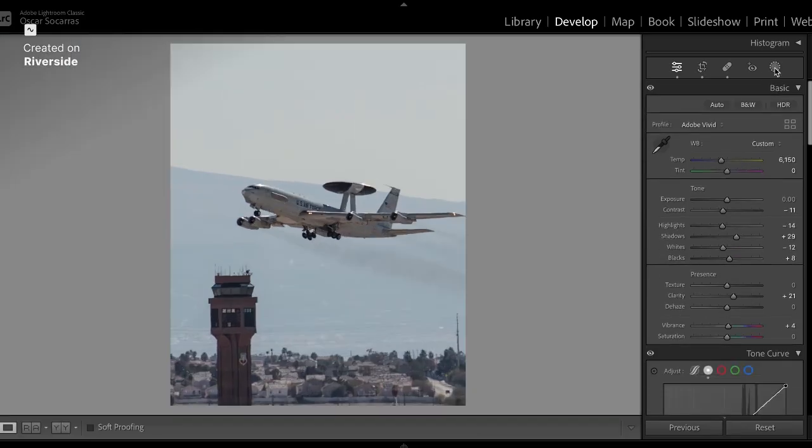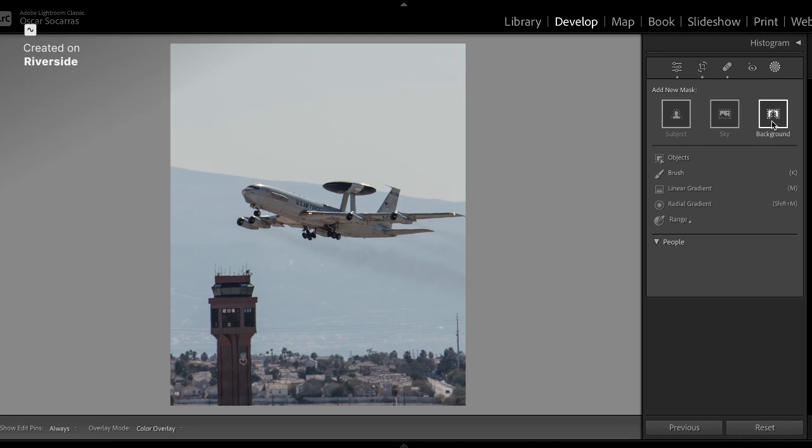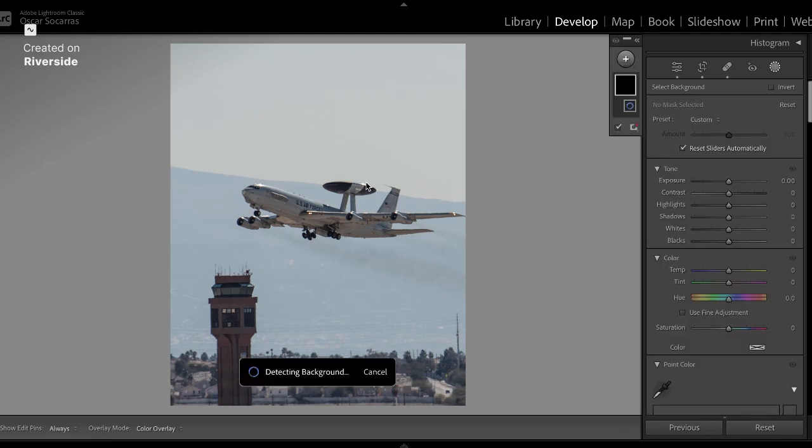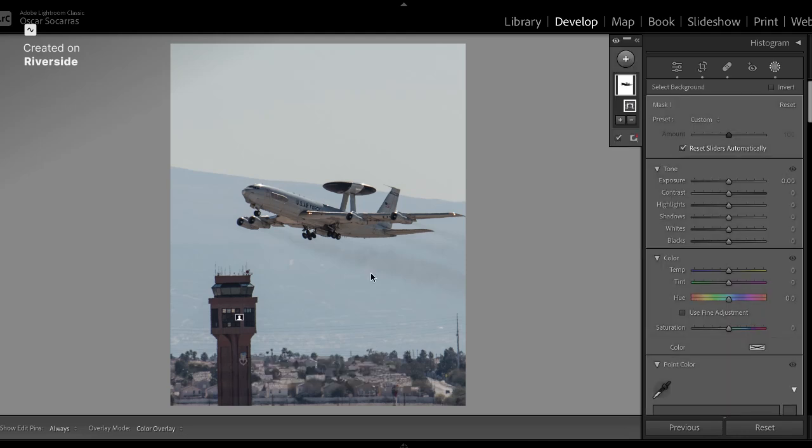All right. We're going to go into the mask. We're going to select the background because I want to select everything except for this aircraft. And hopefully it will select everything. There are some spaces in here, and I know if I edit the background, these are going to look strange. So let's just go ahead and